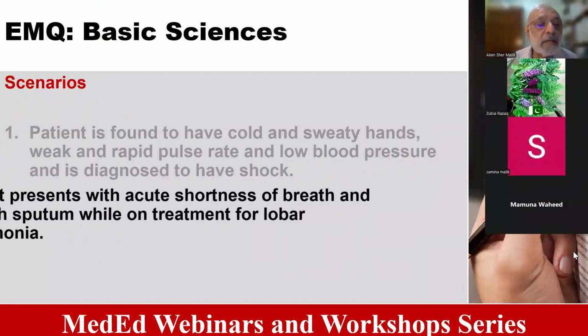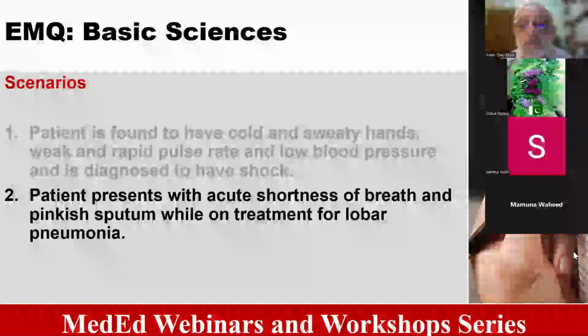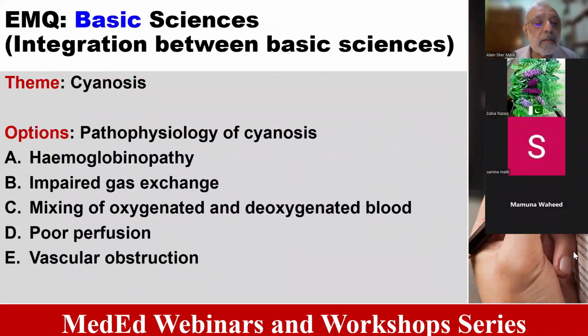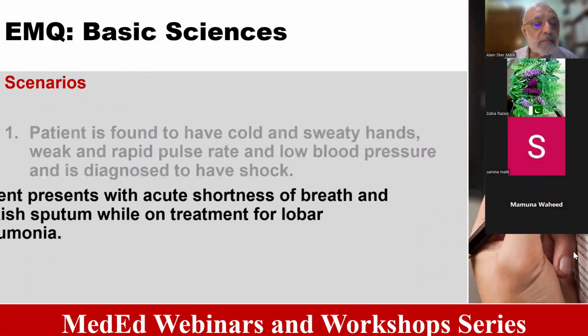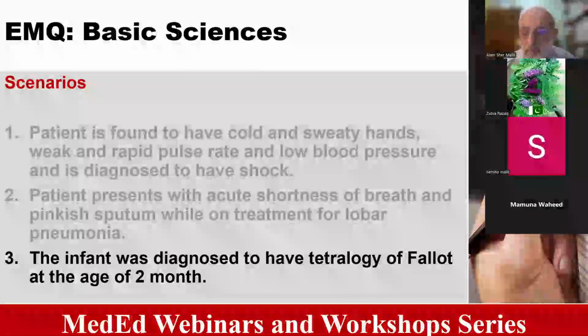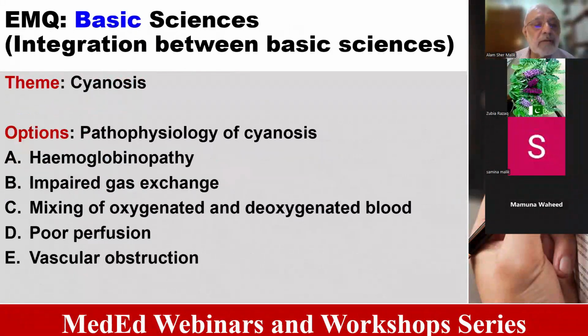The second is a patient presenting with acute shortness of breath and pinkish sputum while on treatment for lobar pneumonia. That favors the diagnosis of, let's say, pulmonary edema, and it would be the impaired gas exchange. And thirdly, the infant was diagnosed to have tetralogy of Fallot, so that would be the mixing of deoxygenated and oxygenated blood. So in this way, with the theme of cyanosis and the pathophysiology of cyanosis,